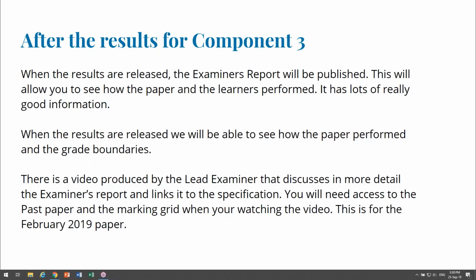It will have examples of really good answers, and it will have some not so good answered questions, and it will show you exactly how those marks were awarded, which is really, really important when you come to prepare your students for the exam, to be able to see what they were expected to do. Now, in February last year, the lead examiner